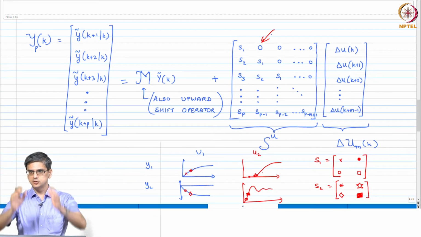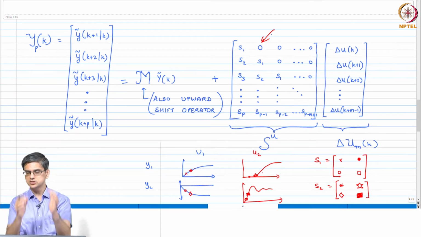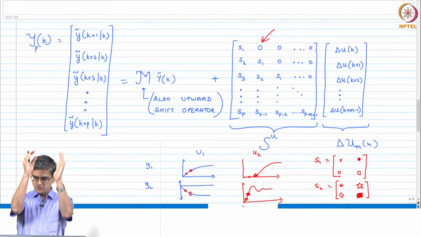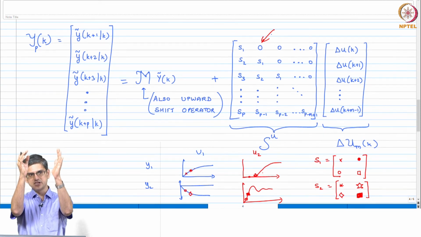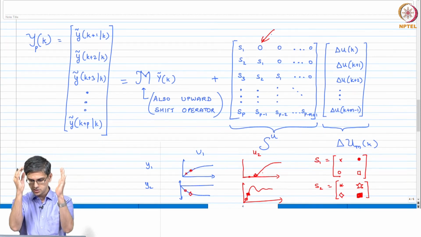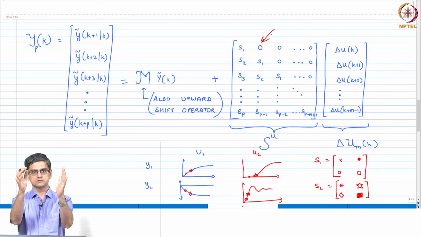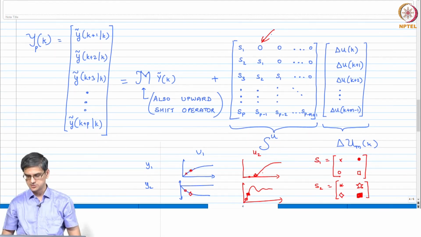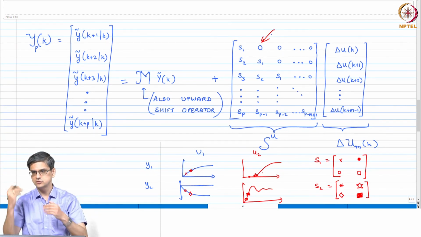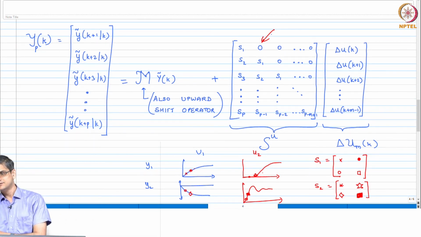So you have a 0, 0, 0, 0 box, below that you have a cross, filled circle, empty square box, below that asterisk, star, diamond and filled square box, so on and so forth. It is exactly that.